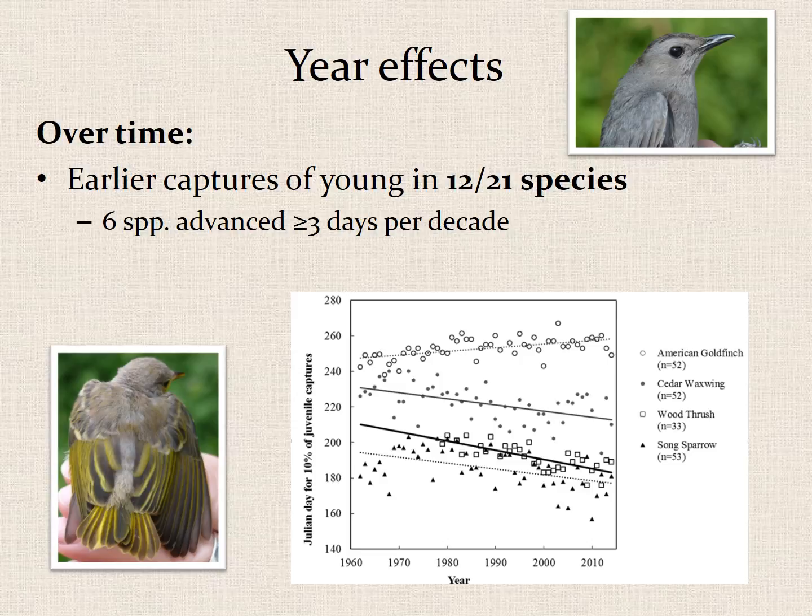And then we also looked at temporal effects. So over time, what's happening? We are seeing earlier, advanced breeding, in terms of earlier captures of young, especially in 12 species. And 6 species actually advance more than 3 days per decade, which is a pretty rapid advancement. American goldfinch is the one exception, one species that appears to be breeding a little